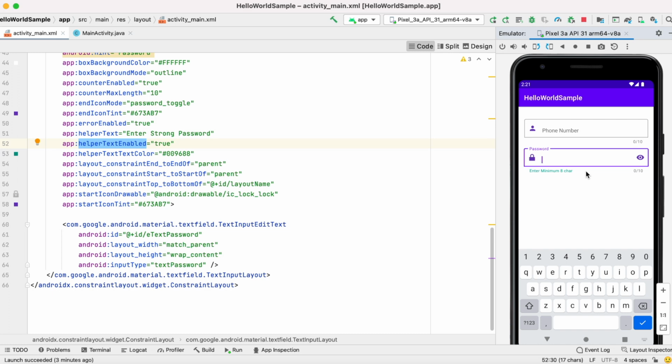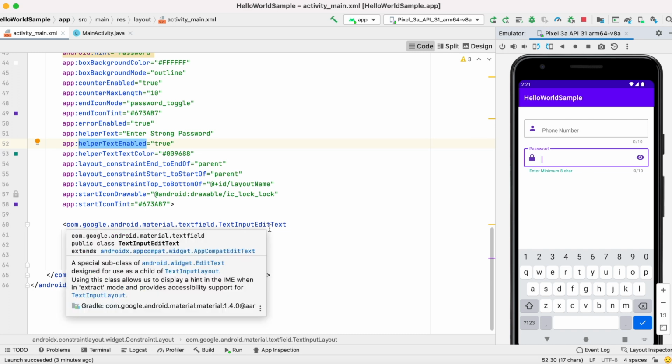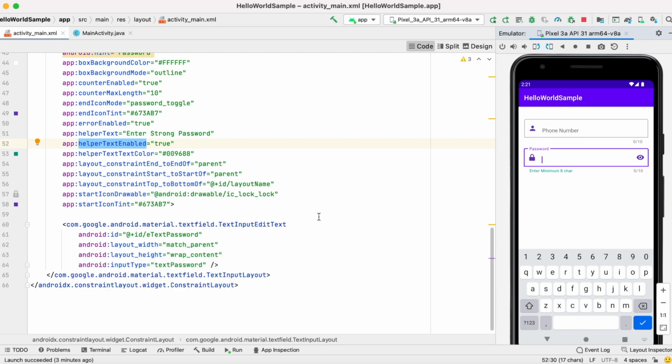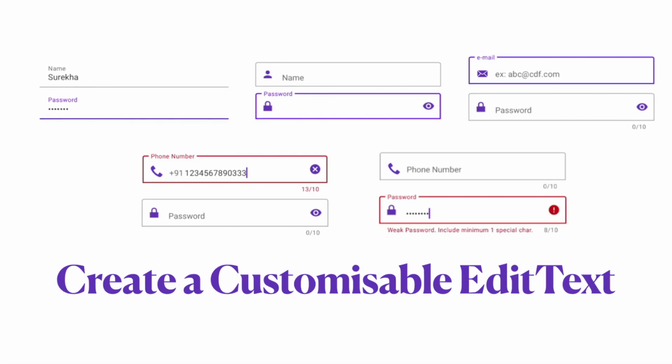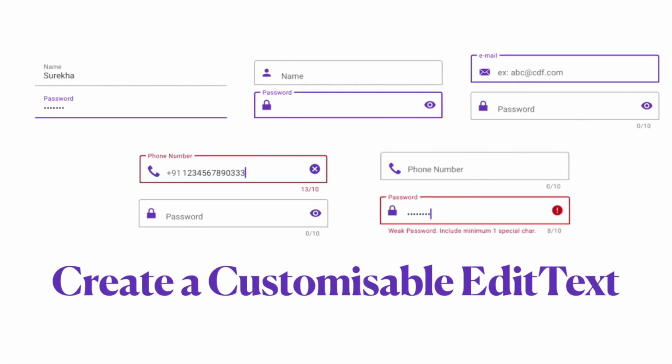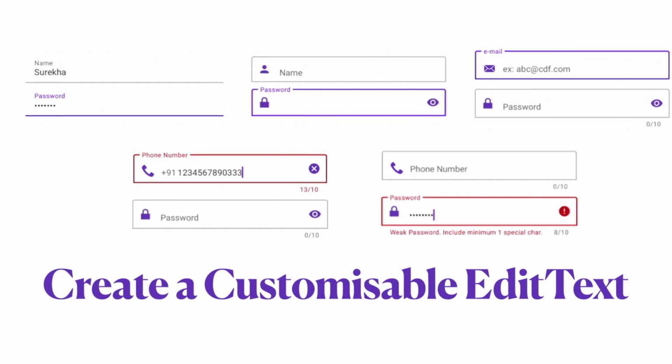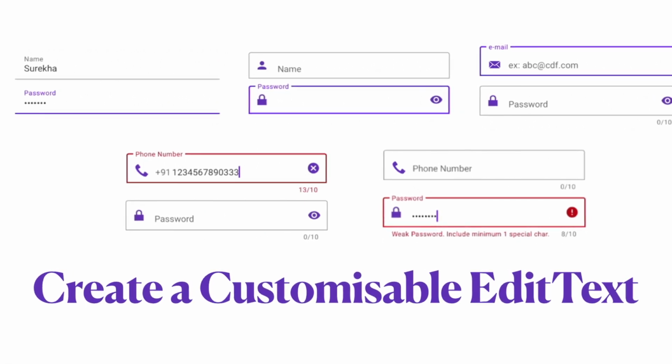That is a helper text. Enter minimum 8 characters is showing right below the password, that is a helper text. One more attribute is there, that is start icon drawable, the lock icon, whatever we have given for the password. This way we can create attractive and customizable edit text fields using text input layout.